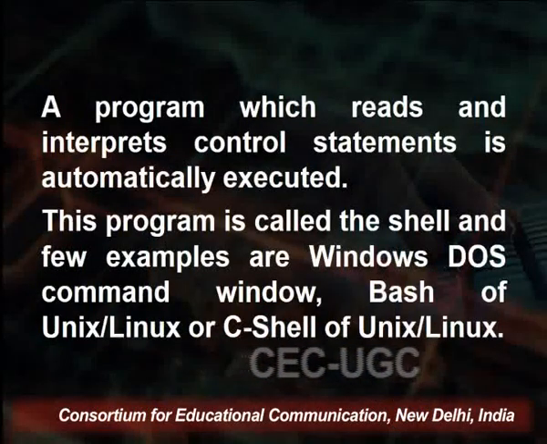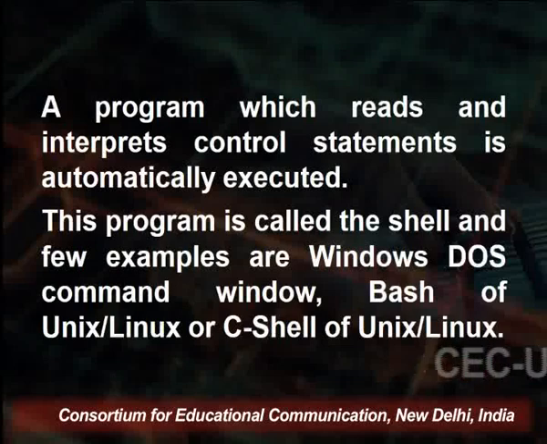Windows DOS we have, then the command window of DOS to be very specific, then we have the command window of the Windows operating system. Then we have C shell in case of Unix or Linux, or then we have bash in case of Unix and Linux also. So command window of Windows and DOS, bash of Unix and Linux, and C shell of Unix and Linux are the shells, and these are the shells which are the programs which read and interpret the control